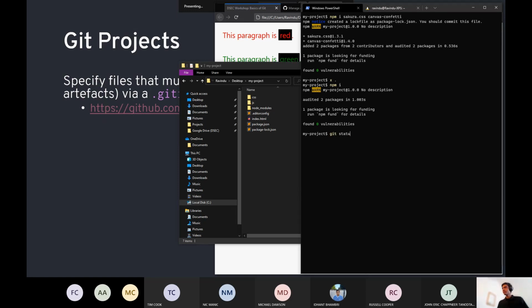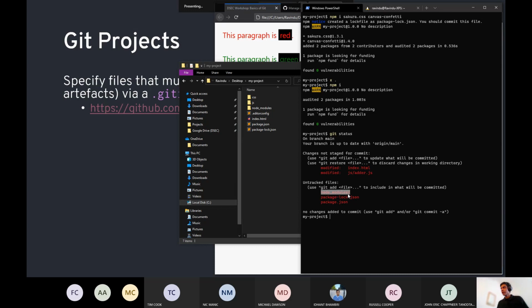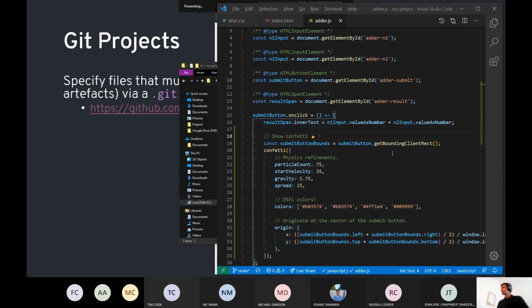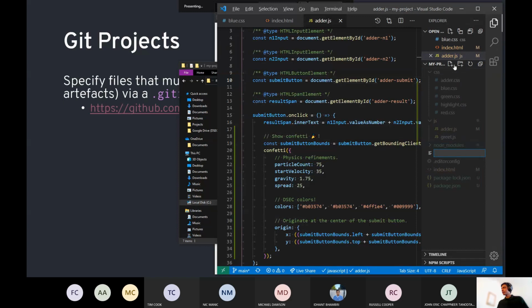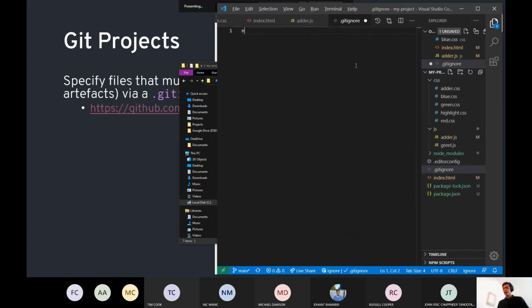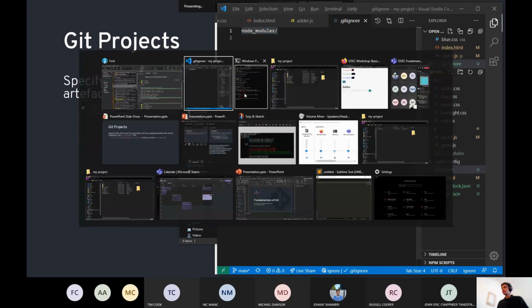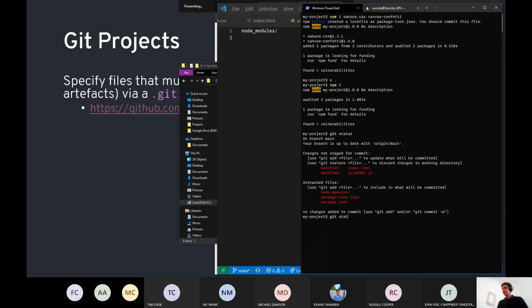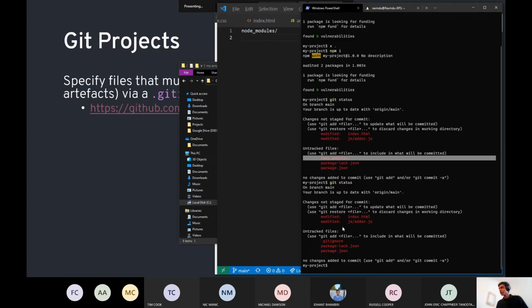If you do git status, you'll notice that the node modules folder is listed as a change, but we want Git to ignore it. So at the root of our repo, let's make a gitignore file, and I'd add node modules as a file path to it, and you now notice that if I do git status, node modules is no longer listed down here. Yep. So that's an example of how you ignore certain files from being committed to Git.